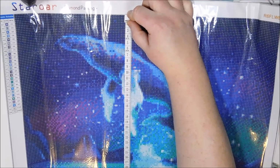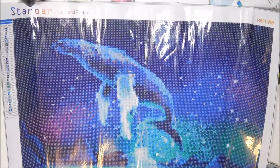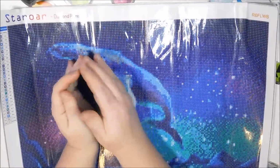So this says 34.25. So yeah, it's even got a 0.5 millimeter more going widthwise, or length. This would be length because the length is always the biggest number, and then this would be the width. So yeah,